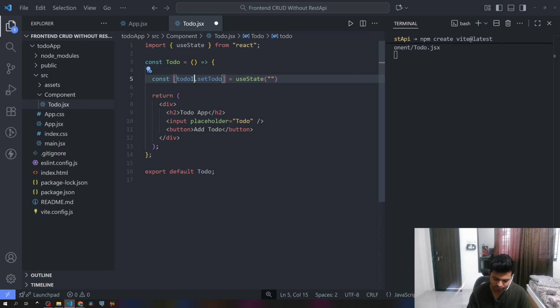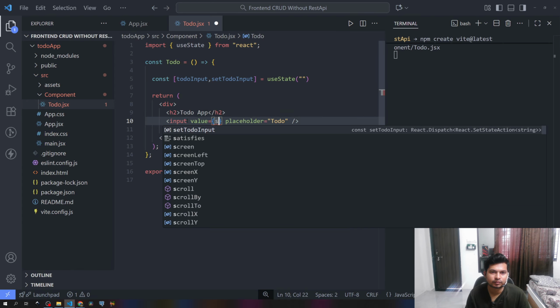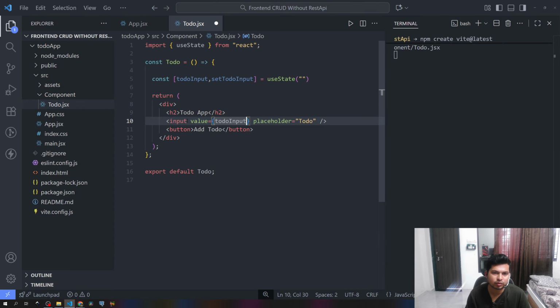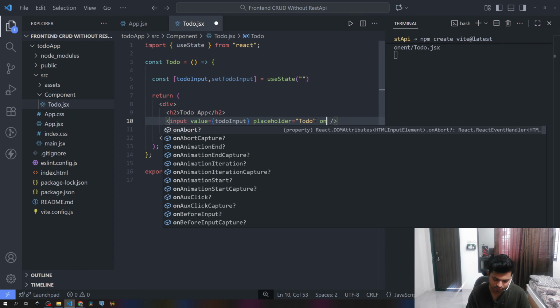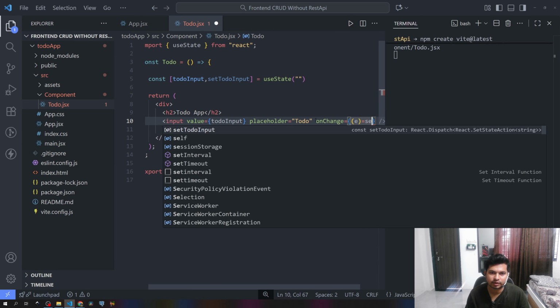To do input will be more descriptive. To do input, set to do input, value, controlled value, that will be to do input. On change, we can put that value from event object, set to do